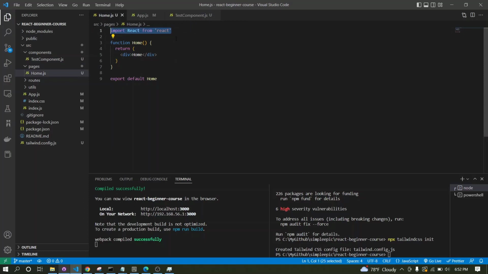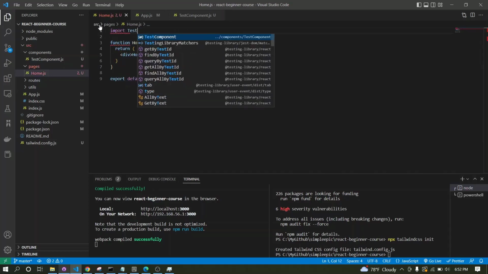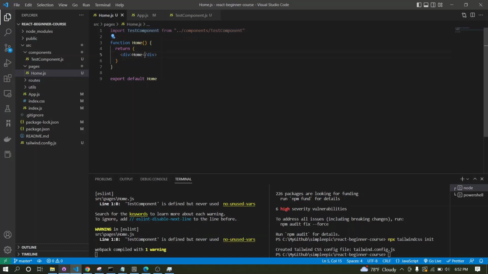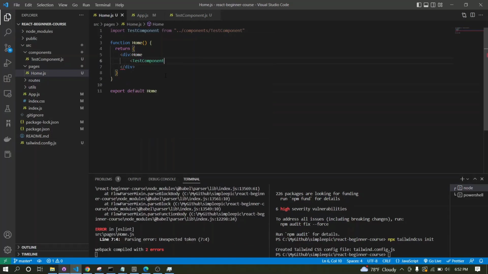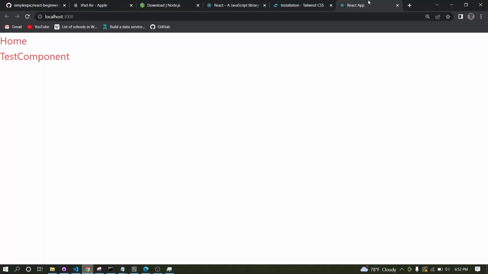So I don't need this line, so just remove it. What I can do is import that test component over here. Once I import this test component, let's put it like this, and if you go to Chrome again, now you can see your test component